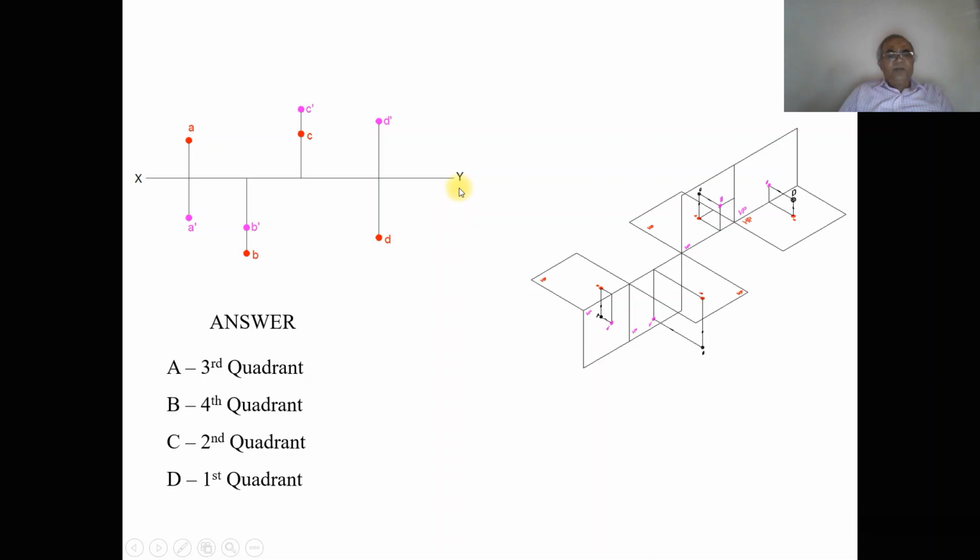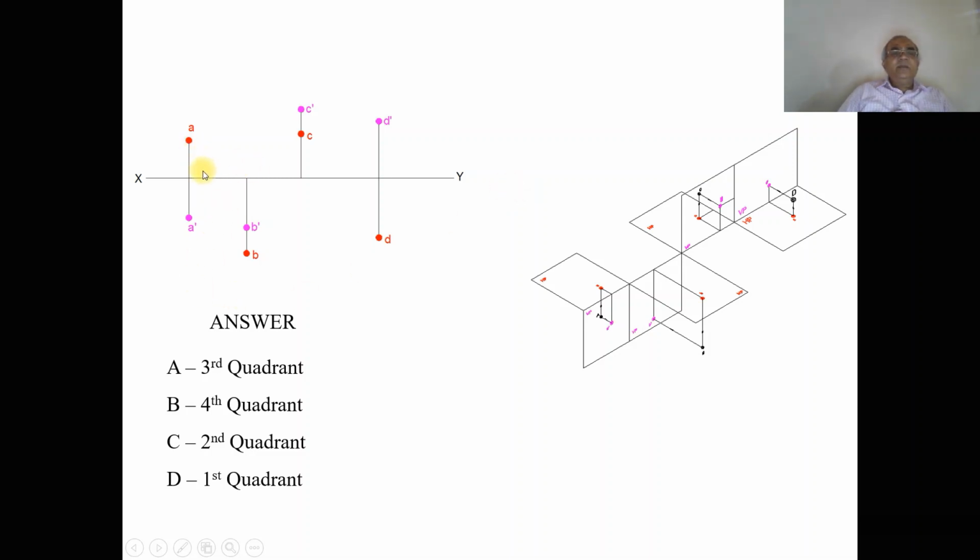Now we will go to the distance between B dash and B. Assume any distances. So it need not be fixed. B can be here and B dash can be here. And similarly here also C dash can be here and C can be here. The distances depend on you, but since it has been told to assume any distances, we need not specify the distances. The only thing is we need to identify the quadrant. The highlight of this problem is only to identify in which quadrant the front view and top view will lie.